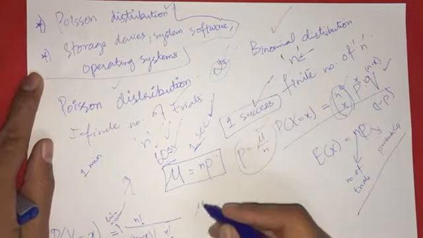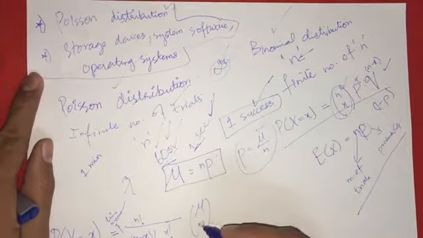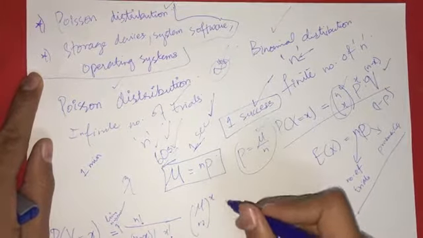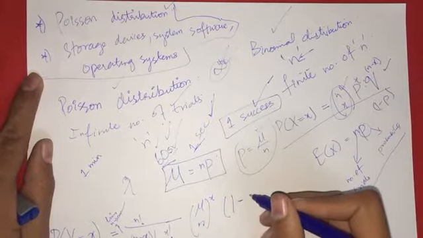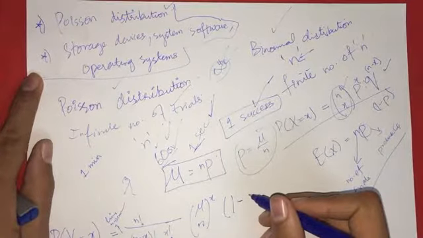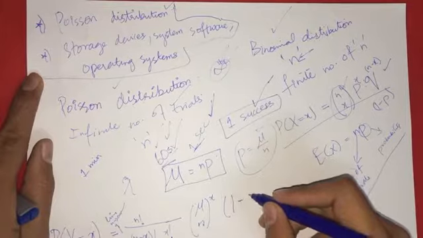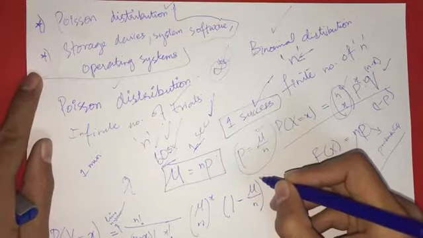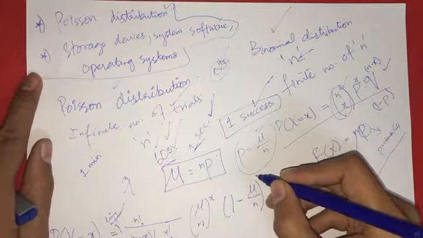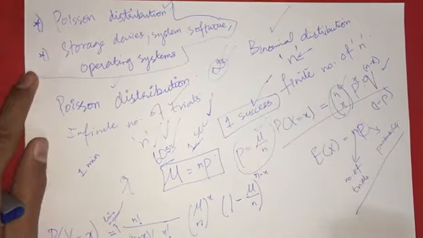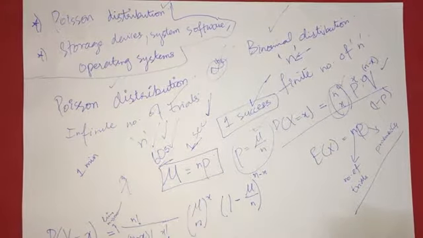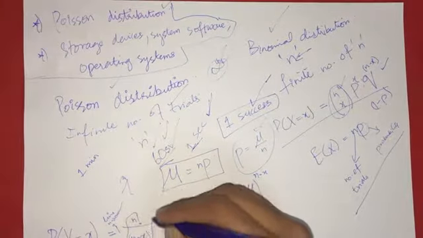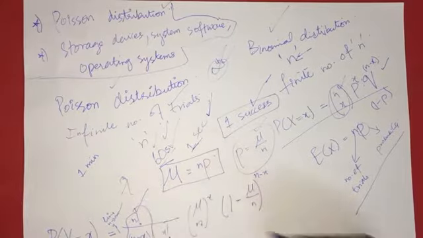So this is your probability, mu by n raised to the power x, and then you have 1 minus mu by n raised to the power n minus x. So here, if you apply the, or here, this term, if you consider,